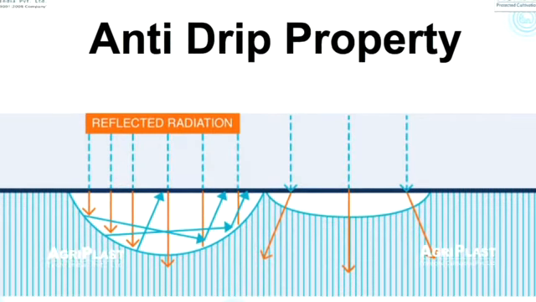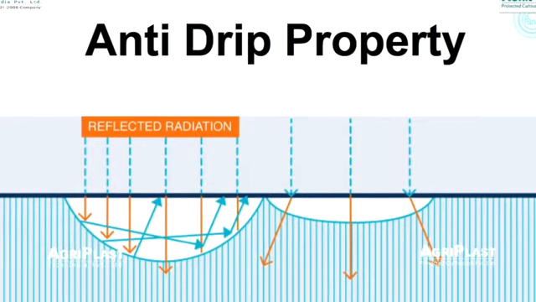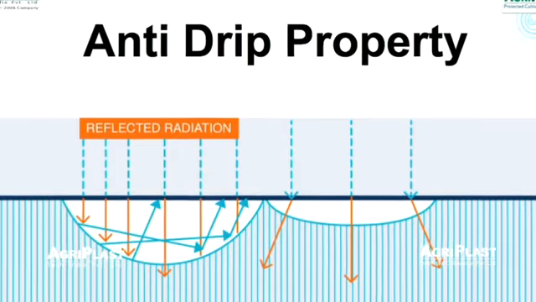Anti-drip may not be very relevant for Bangalore and not be very relevant for Hyderabad also, but many of the films we have just made it as a standard feature. So this is the normal film. You have the water droplet coming, creating the fungal diseases. In an anti-drip film, you have the film of water, which will allow the sunlight and you have more light.